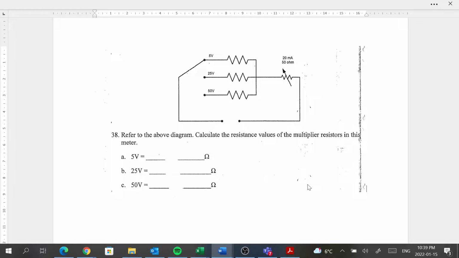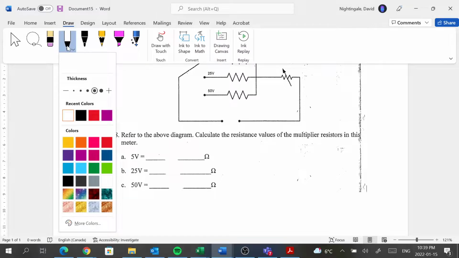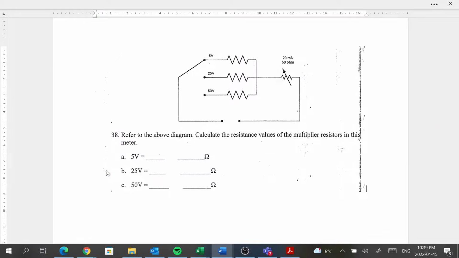All right, so for question 38, we're referring to this diagram above here. It is talking about a meter. And so if you remember the meters, the voltmeters that we have used in class,